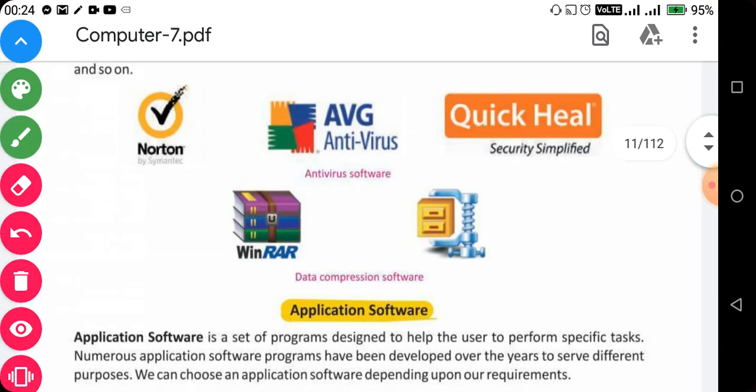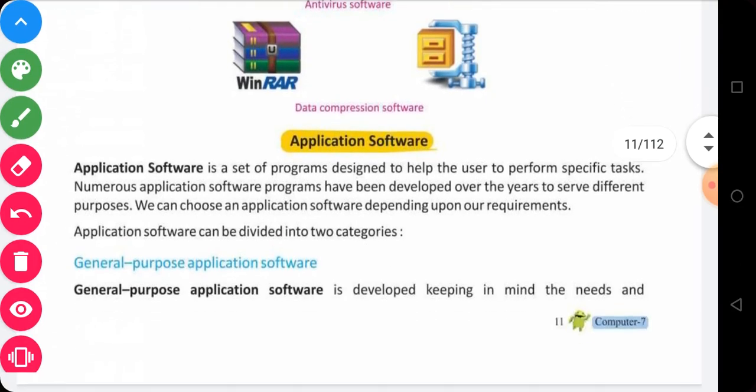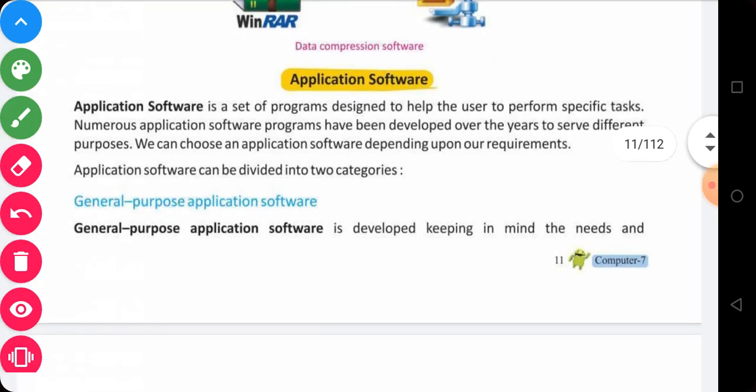Okay. Next is application software. As the name suggests, application software is a set of programs which do a specific task or function according to our needs. Generally, there are two types of application software.